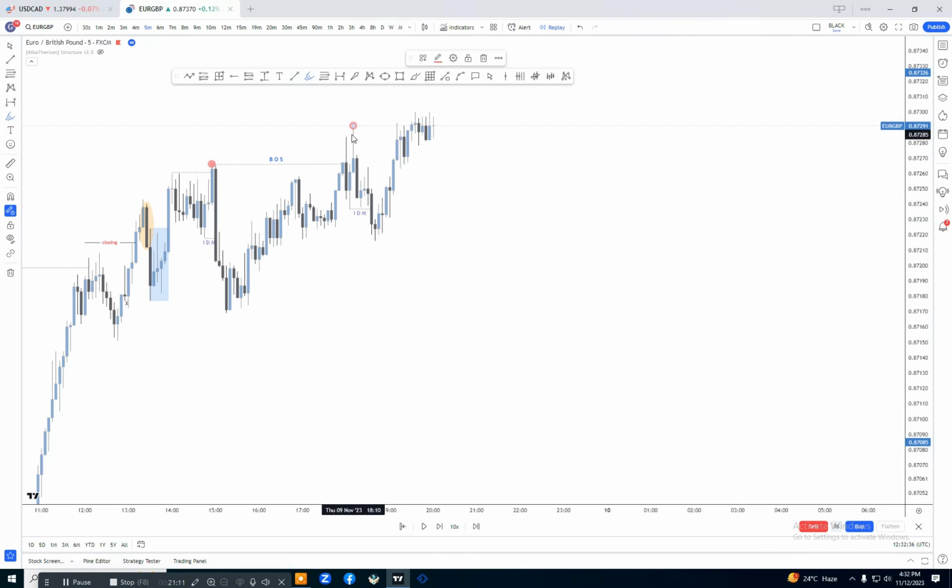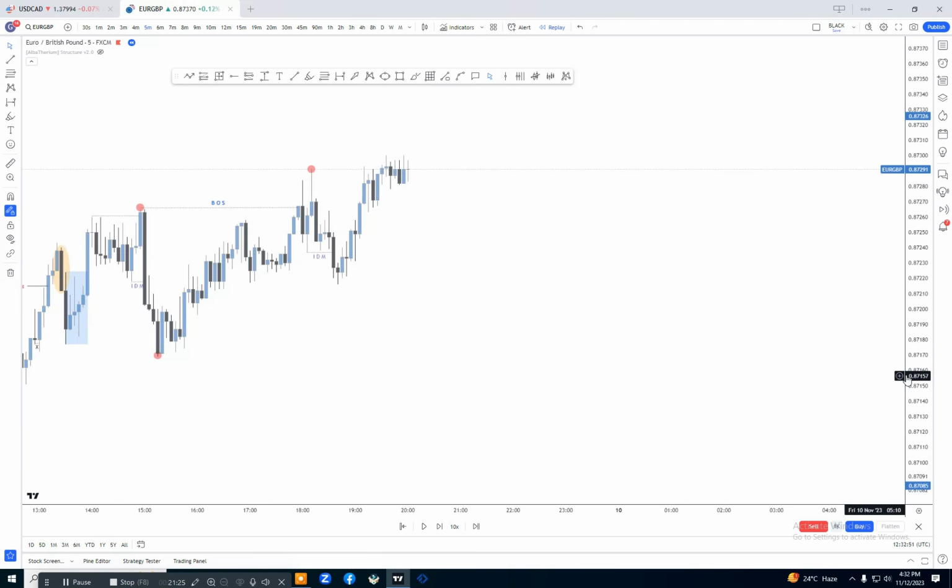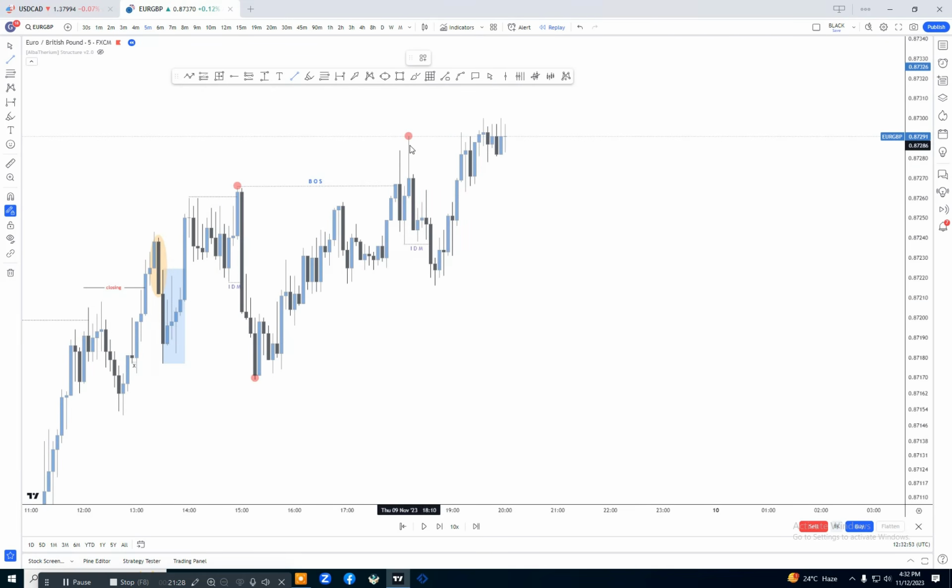After confirmation of the higher high, where was our lower low? If we see in this whole single leg move, our lowest point was here, so this low will act like a lower low and this high will act like a higher high. Now if we see again, the market continues pushing to the upside. The same thing we need to follow, continue in the market.